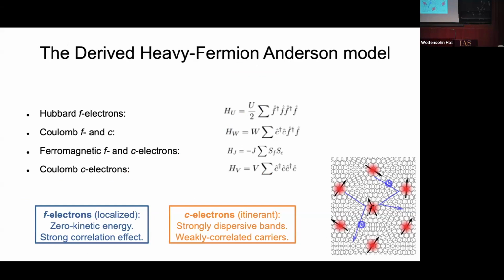For example, these light electrons, even though this is a quadratic touching, this mass is very small, so it's very little density of states. So it turns out you can do things with this more accurately numerically than the Anderson model, such as DMFT. And this is hopefully where we hope to solve this model. And, well, there are some solutions to this model. We don't know if they fully match the experiment,